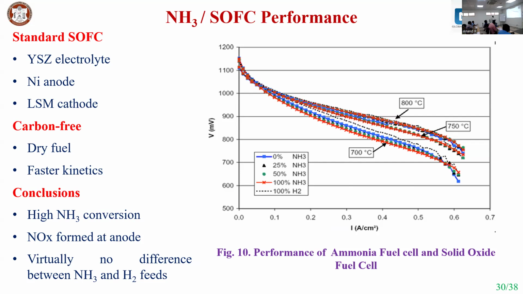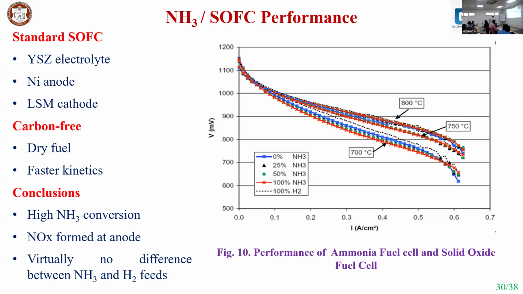So different materials they have tried, at different temperatures, and the current density is given. You can see here the voltage corresponding to the current density. At high temperature, the current density is going to be higher. The conversion efficiency is also going to be higher at high temperature. Right. So ultimately, you can see here, when you go for a high conversion, 100% conversion of hydrogen from ammonia,